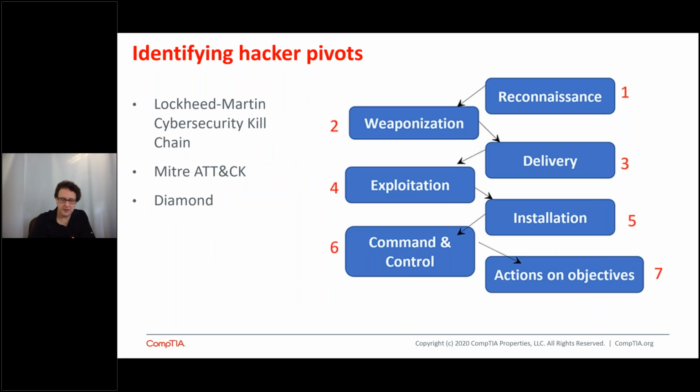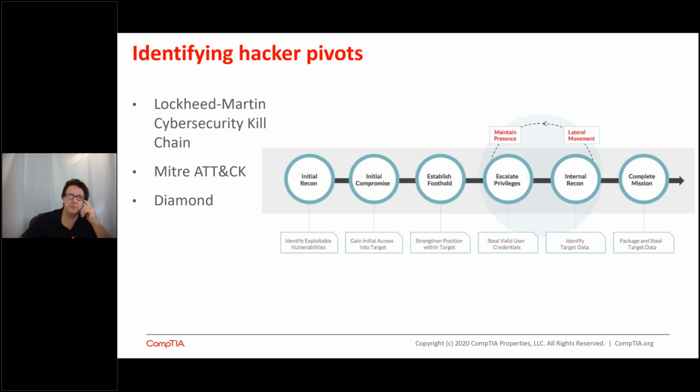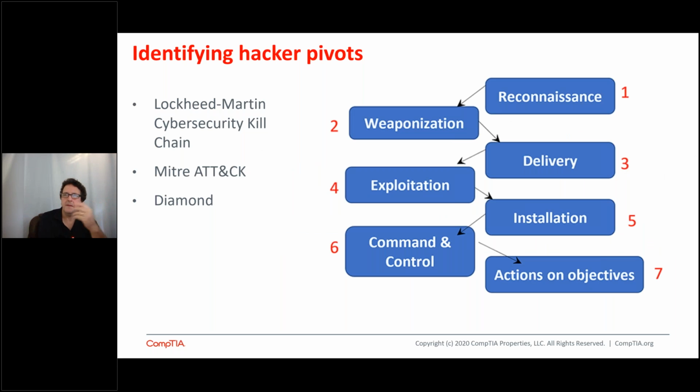I think many of us on this webinar might understand various security models that are out there. There's the Lockheed Martin cybersecurity kill chain. There, you're looking at it right now. Great model, right? There's the MITRE ATT&CK model. This is another one. Some people will try to compare the two, and one's better than the other. I see that you can use them together. But these are models that basically describe the process that an attacker will take.